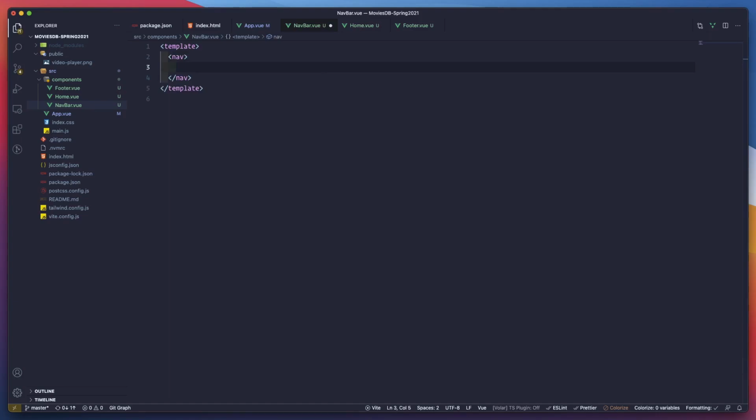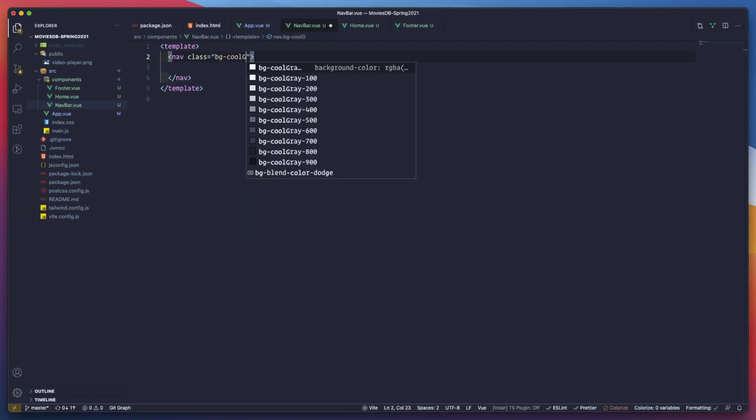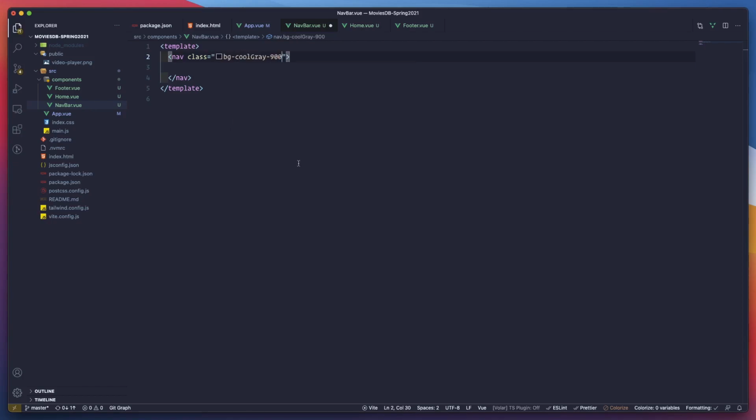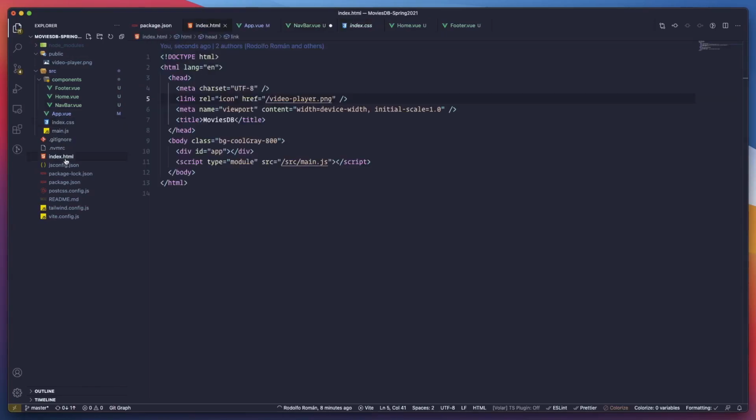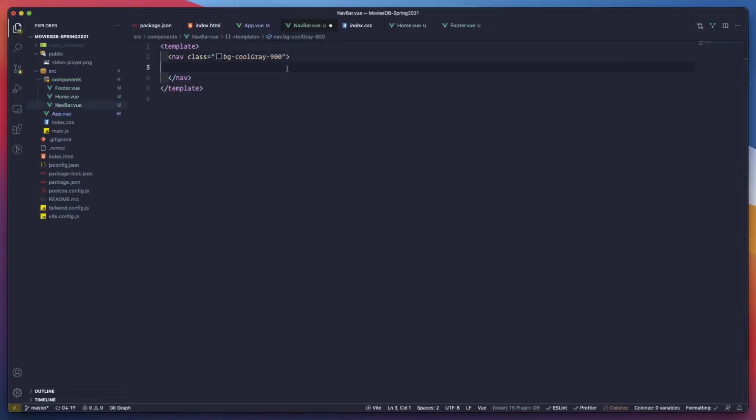And inside we have, let's call this to be class background cool gray 900. I want that one to be a little bit darker. So for the index, for the main one, we're actually using cool gray 800, so the number will be just a little bit darker, and it's going to be here pretty much at the top. And then we have another div,